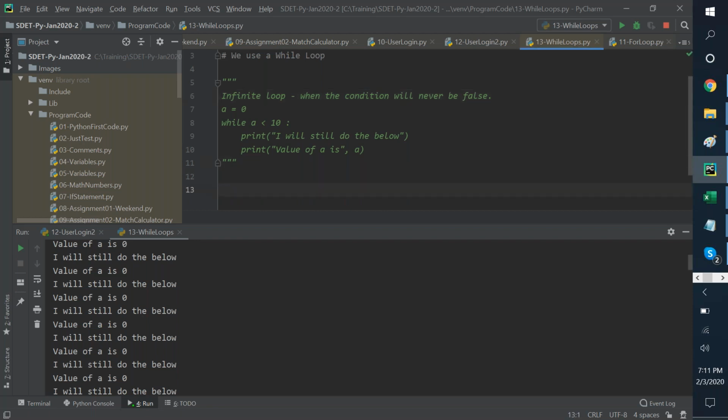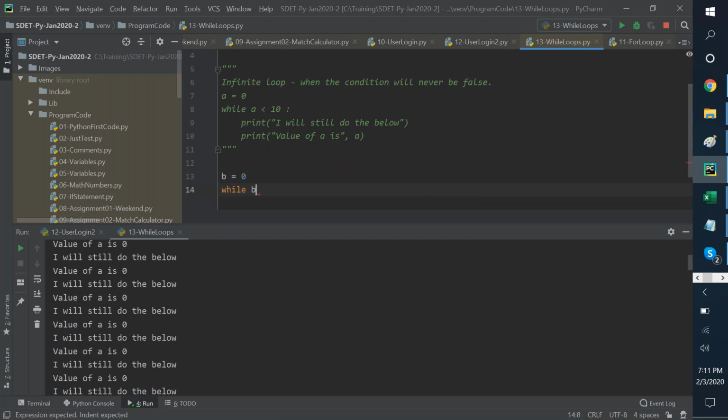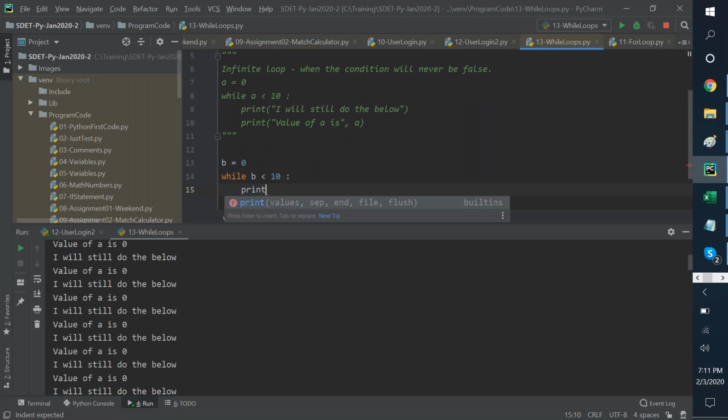So what do I do better? Then I'll say b equals 0. While b is less than 10, print. This will be finite, 10 times.